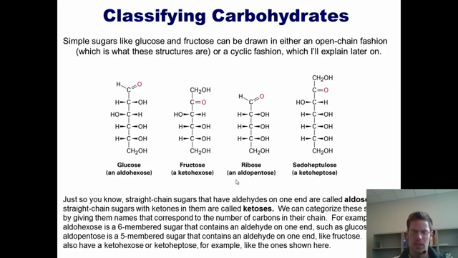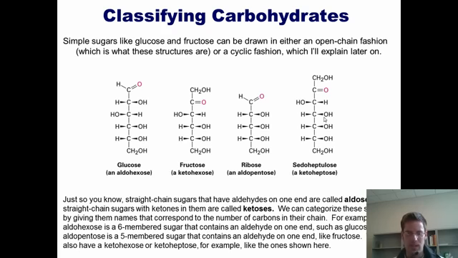Now, simple sugars like glucose and fructose can be drawn in either an open chain fashion, which is what these structures here are, or in a cyclic fashion, which I'll explain later on. For now, let's just focus on this open chain way of drawing sugars. Just so you know, straight chain sugars that have aldehydes on one end, like glucose or ribose shown here, are called aldoses. And straight chain sugars with ketones in them, like fructose shown here, or acetoheptulose shown here, are called